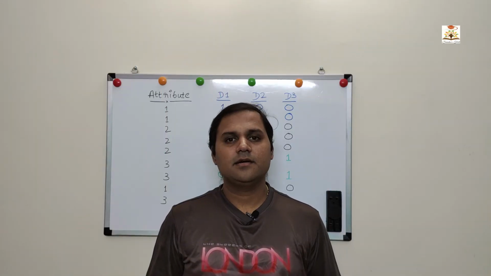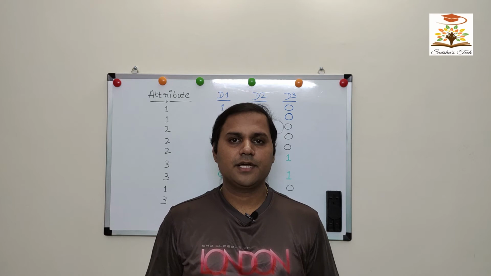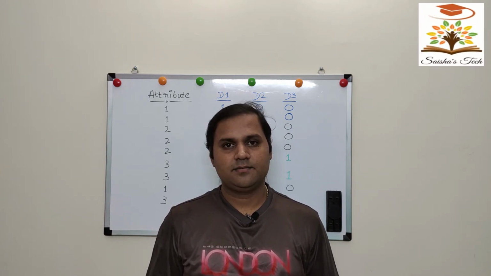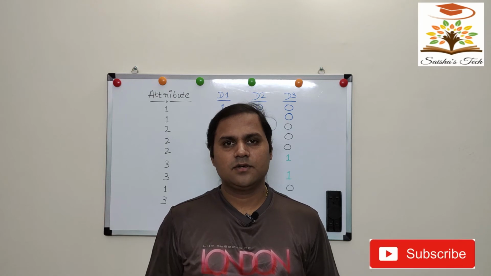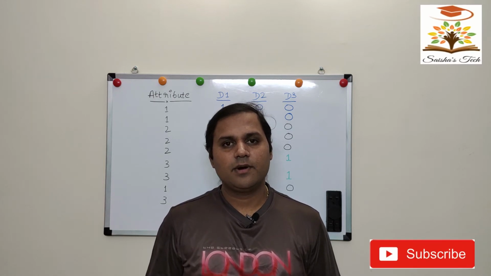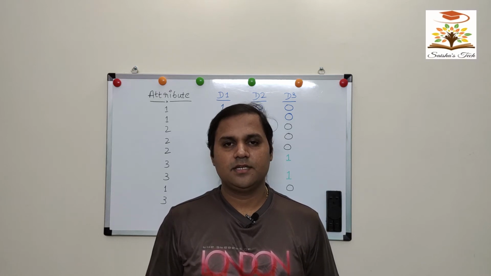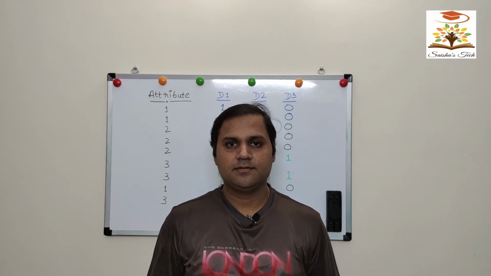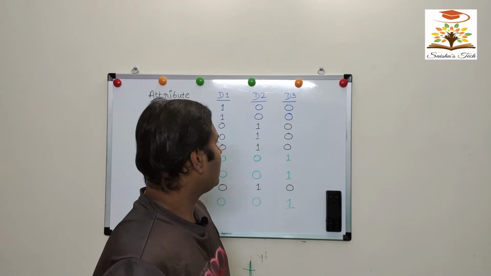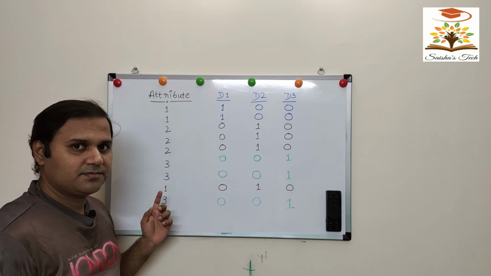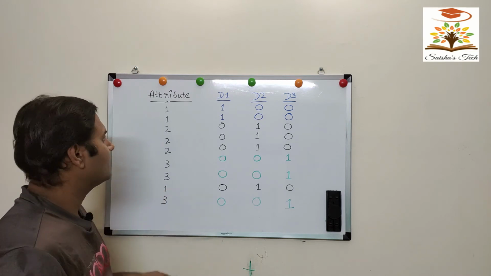Dummies. Creating dummies means converting of categorical attribute to numeric attribute. Then why do we need dummies? There are some of the algorithms or models which only require numeric attributes. Example, ANN, artificial neural networks. Hence we would require dummies. Now let us understand how to implement dummies with a practical example.